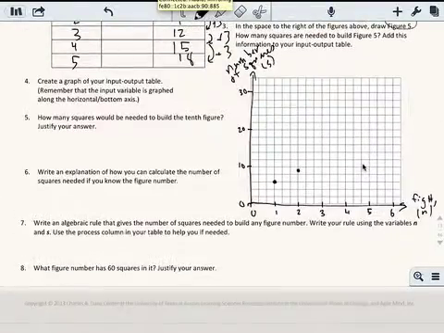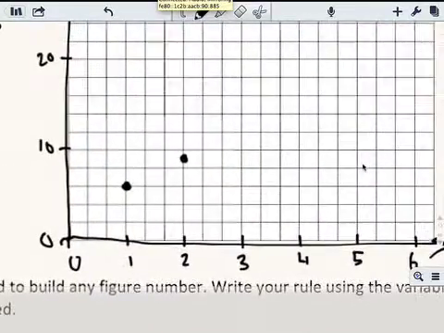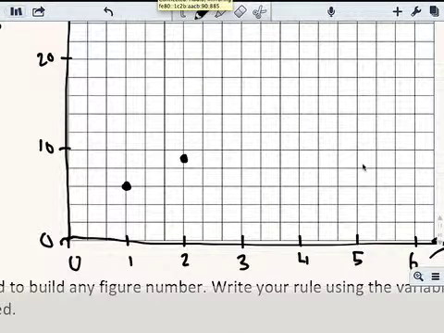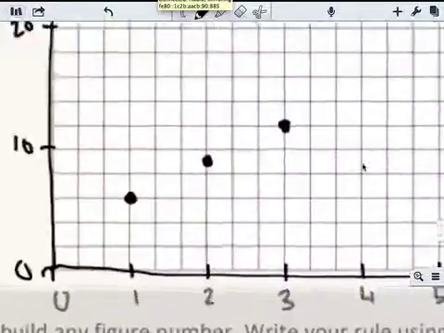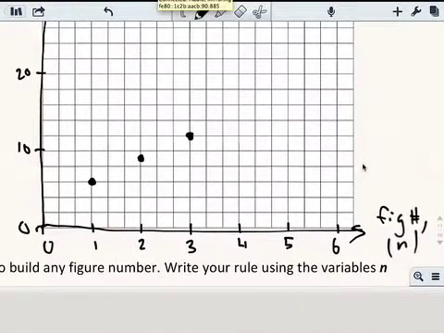3 comma 12. So let's look at that one. Over 1, 2, 3, then up 2, 4, 6, 8, 10, 12 is right there. And I notice that it's making a nice line here. 4 comma 15. I go over to 4 and then up 2, 4, 6, 8, 10, 12, 14, 15